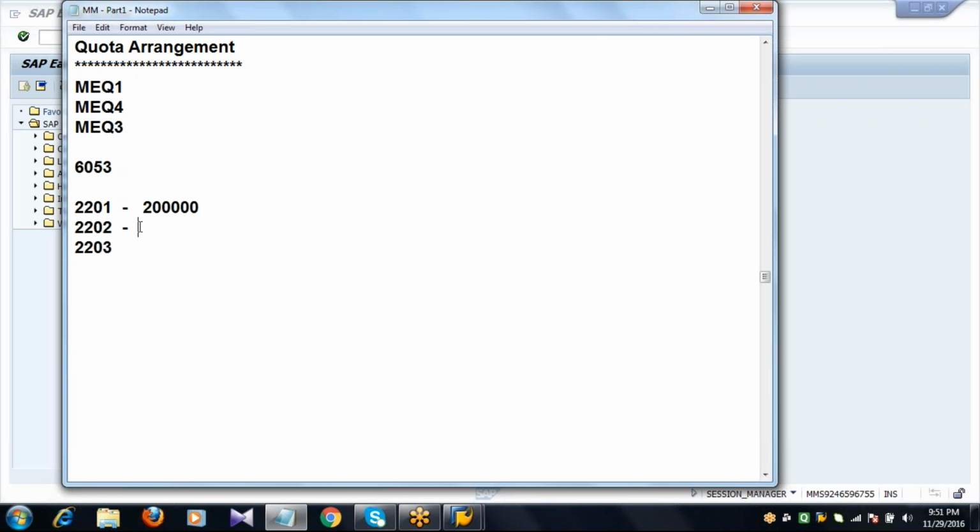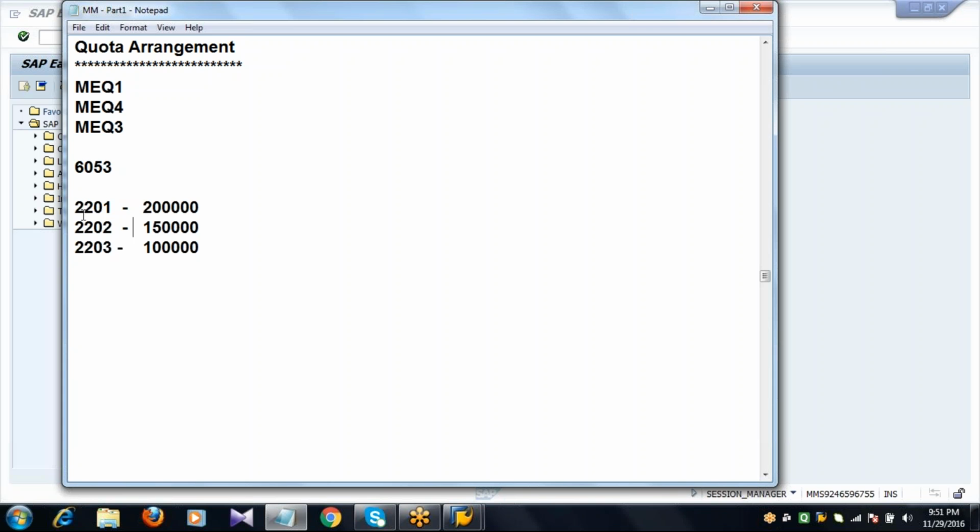And for this vendor, for example, and to this vendor, for example, like this we give the priority levels or allocation. Once the maximum capacity for any vendor has been reached, if you try to create a purchase order for the same vendor, the system will ask you to choose the next supplier.